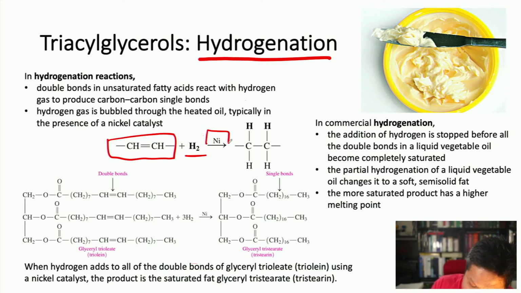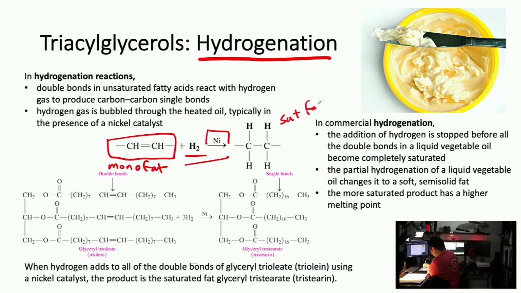So what that means is that when you used to have an unsaturated fat, say a monounsaturated fat, we'll say a mono fat, after you treat it with these conditions, you get a saturated fat. We'll call it a sat fat. Interesting. Very interesting. Okay, so